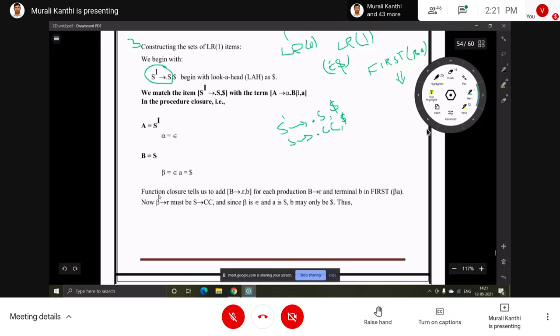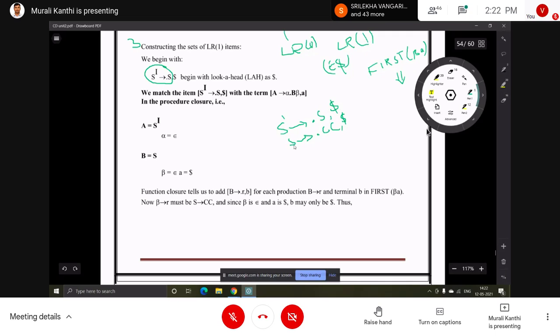Okay, so this is the explanation. Function closure tells us to add this production: for each production B implies gamma, and terminal B, first of beta A. Since beta is epsilon and A is dollar, B may only be dollar. So dollar is added for this. So for the first production, after S is there, add the S production and at the same time add the lookahead symbol also.